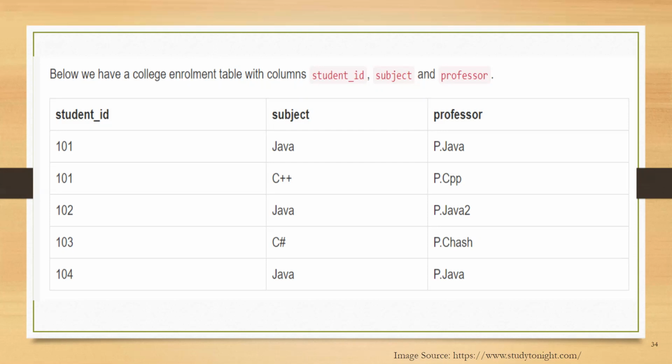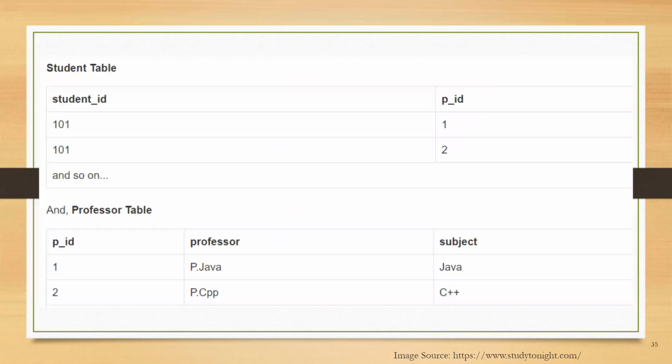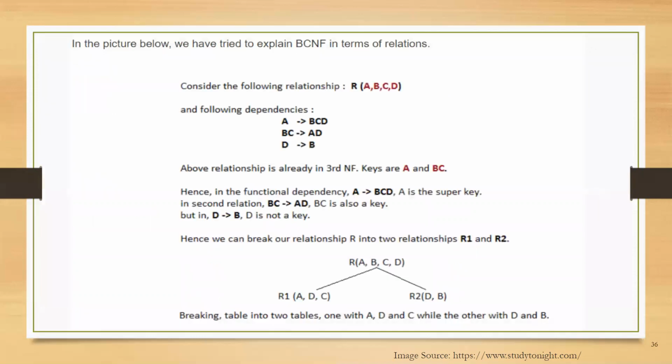So how are we going to satisfy it? You can see that we will divide this again. We'll make this relation satisfy BCNF by decomposing the table into two tables, that is, the student table and the professor table. And the PID, which is the foreign key in the student table, will become the primary key in the professor table. So this is your final explanation of BCNF, where you will have the relation ABCD, which will have the dependencies.